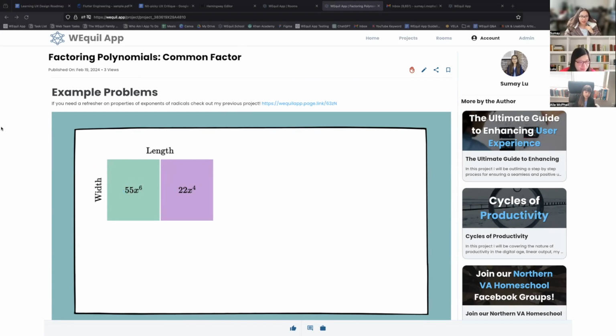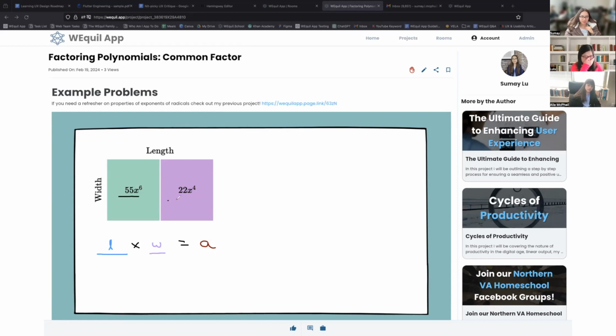Basically, as you know, the length of something, represented by L, multiplied by the width of something, will equal the area, right? Because of this, we just need to derive the greatest common factor between these